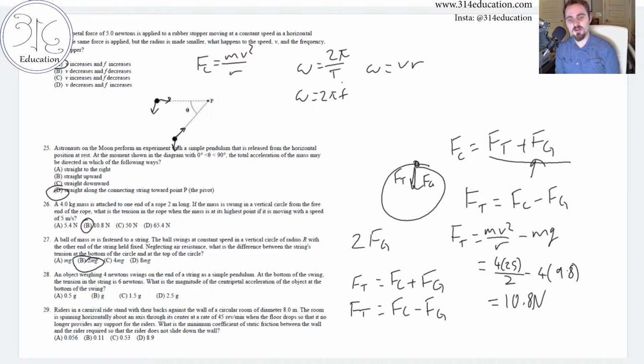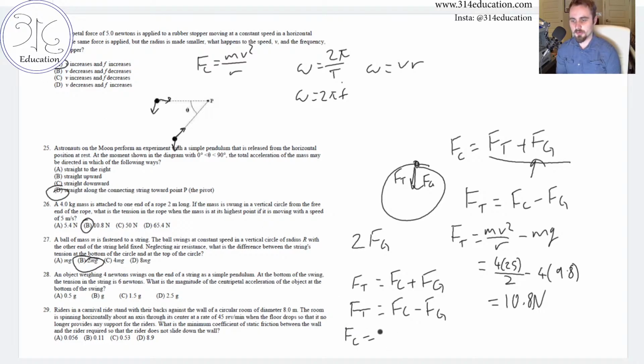28, we've got an object weighing 4 newtons, swings on the end of a string as a simple pendulum. At the bottom of the swing, the tension in the string is 6 newtons. What is the magnitude of the centripetal acceleration of the object at the bottom of the swing? So we know the tension and the weight. And so at the bottom of the string, that gives us